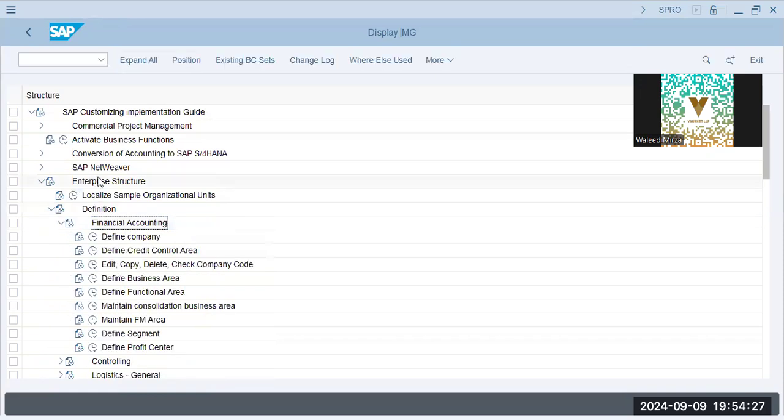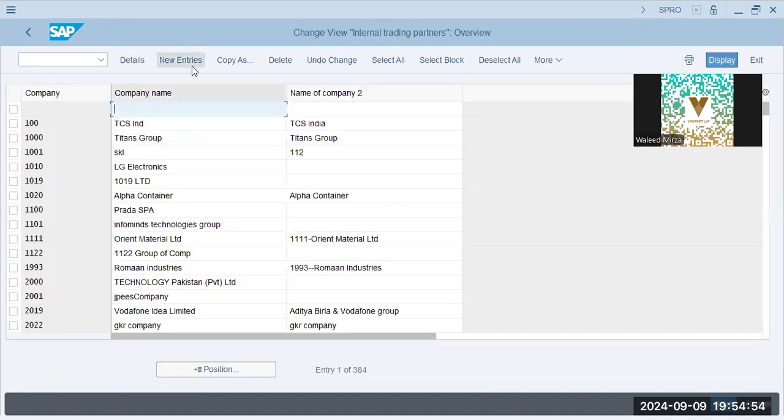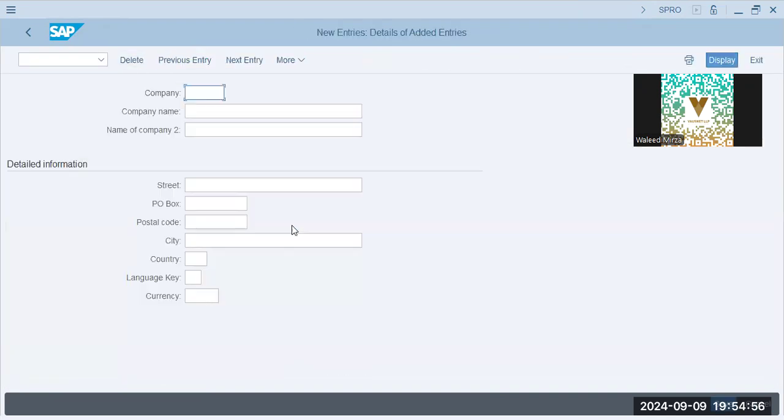So for that, I'll go to enterprise structure at the top, where the organizational units can be defined. And we have to define the units, go to financial accounting, and we define the company. We define company, click. Over here, we have quite a lot of companies. Now, these companies, basically, what are these? These are basically